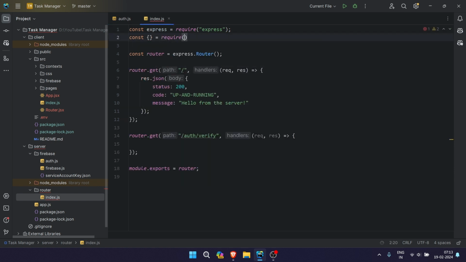Require ./firebase/auth, and we'll be importing the verify token function. Now coming here, we'll do a post instead of a get here. So let's change it to router.post, and then const given token equal to request.headers.token,